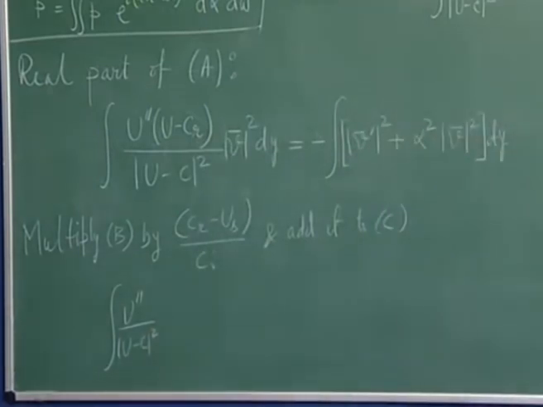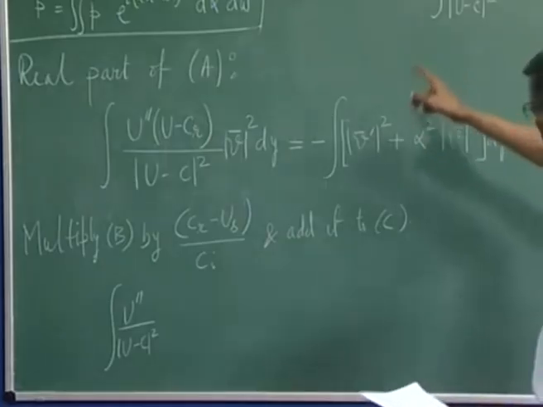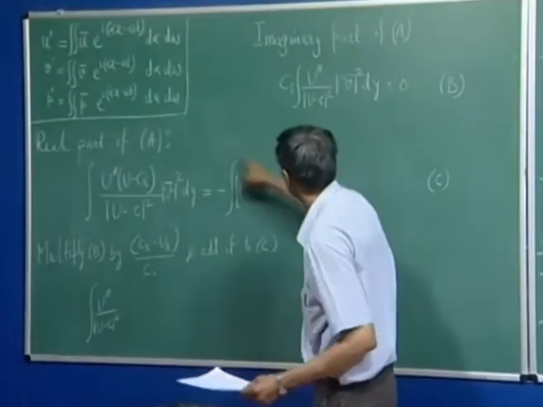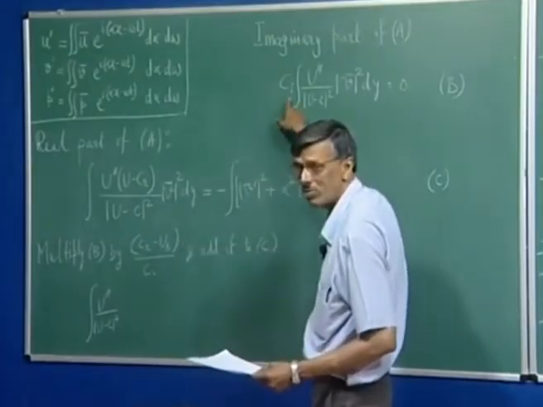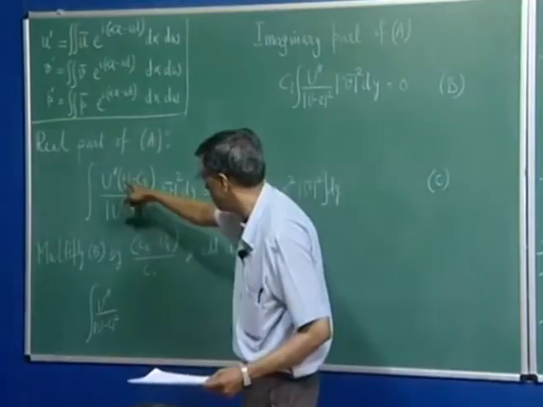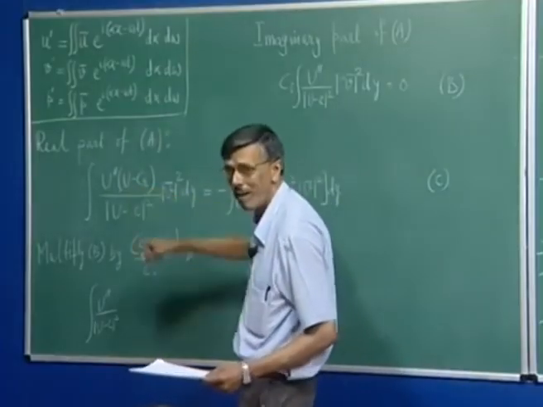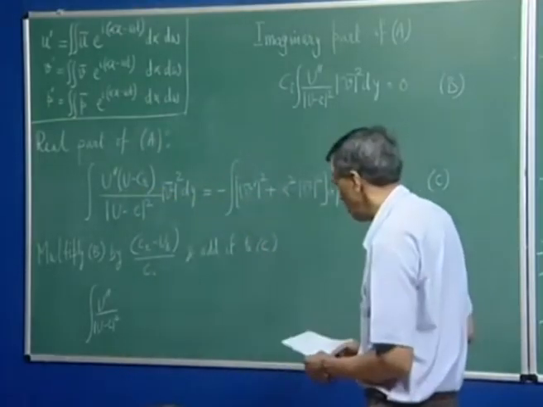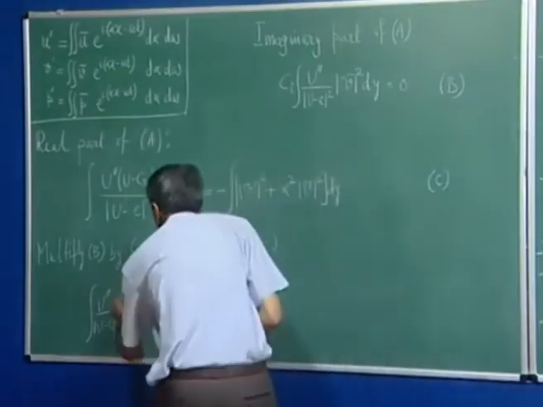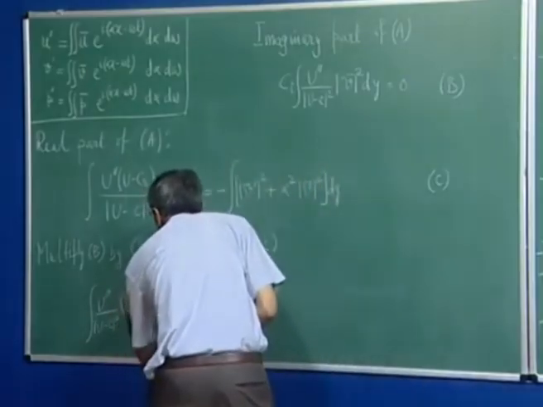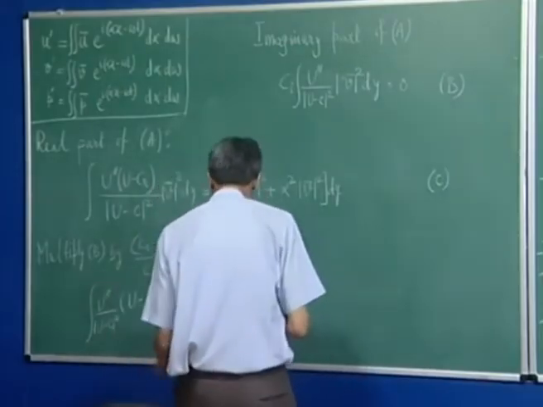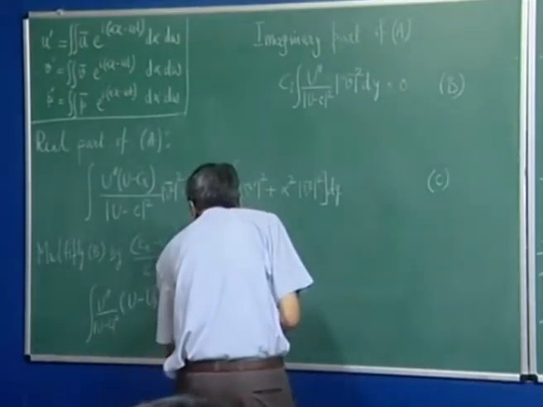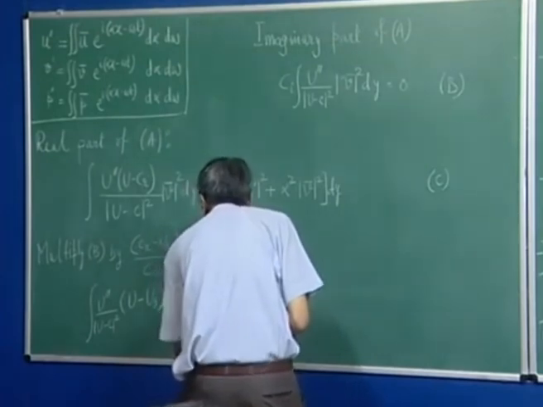I have multiplied this equation by this, so this c_i will cancel, and I will have c_r minus u_s. So, I add that. What do I get here? c_r will cancel out, and I am going to get u minus u_s, times v bar square dy